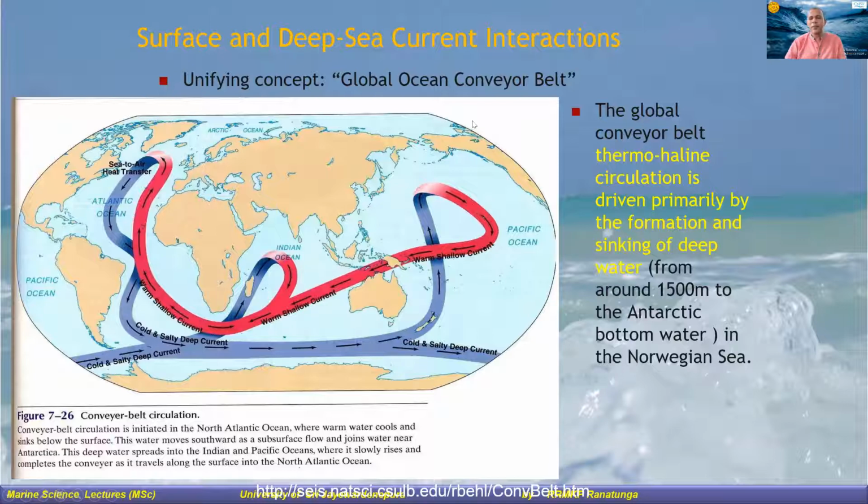Likewise, if you put everything together, it makes a single current or belt connecting all the main oceans, the main three and the other oceans together, making one belt. That's called the global ocean conveyor belt.